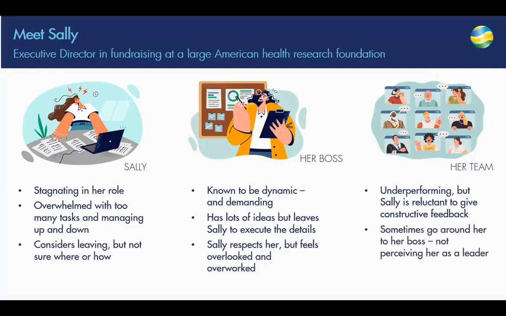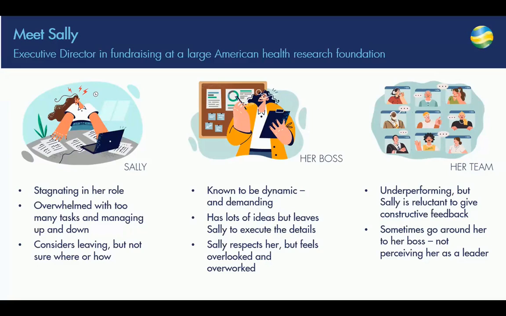And then the other thing they were doing that was really frustrating was that at times, if they went to her and they didn't like the answer they got, they would go to the boss. So she described a time when one of her employees came to her with a proposal. She said, well, it's not going to work because of this, that, and the other. And then the guy went to her boss, and the boss was like, yeah, sure, that sounds great. And Sally was left feeling very frustrated, and then having to either clean up the mess after it didn't succeed or figure out a way to make it work.